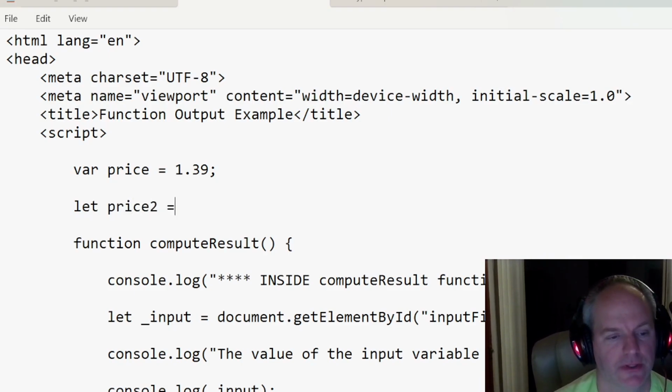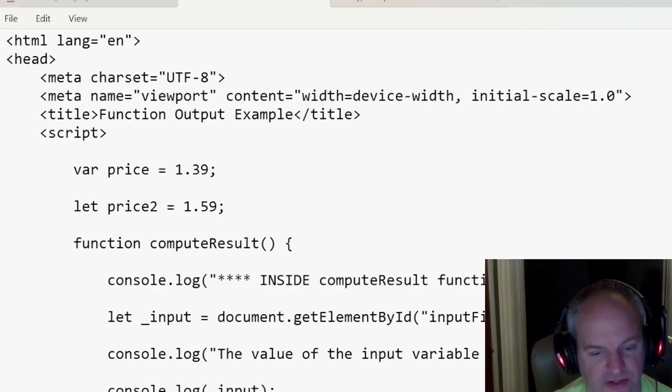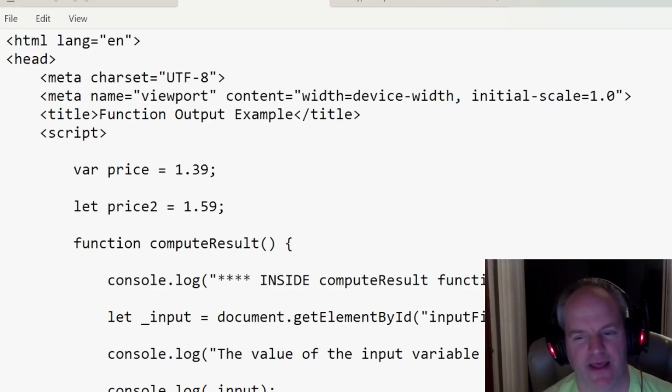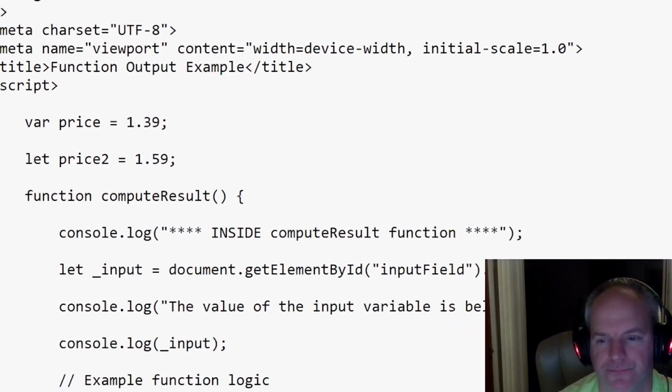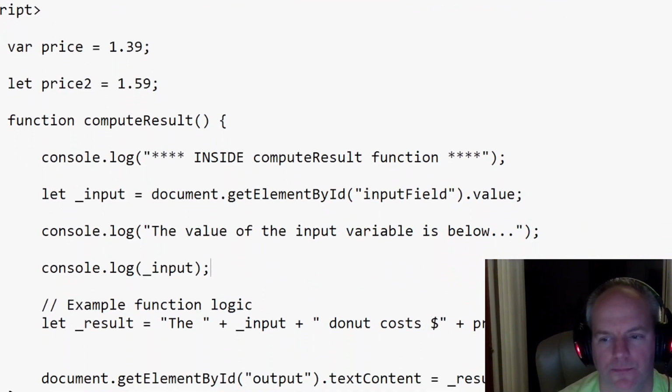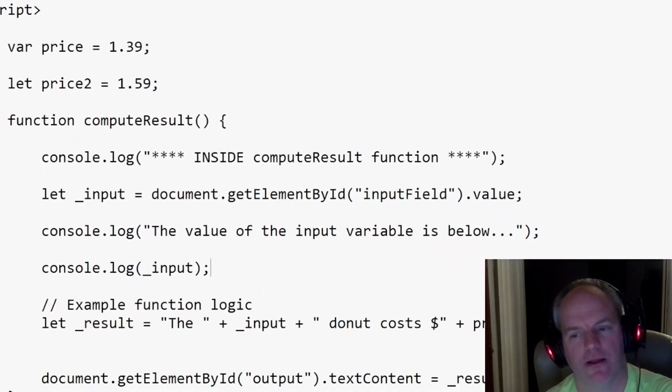And now if we say let price2 equal $1.59, and then let's say price2. Remember that we said that